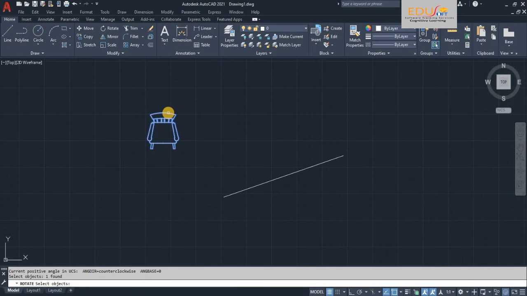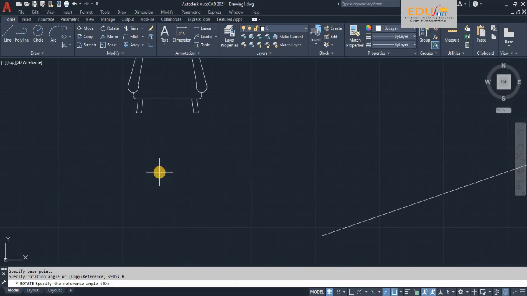Select the object, finish. So let me take this as my base point. Now the copy is not active because here we have not selected the option copy. We will see the option reference. Now this object has to be rotated in line with the line which is drawn here.